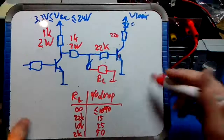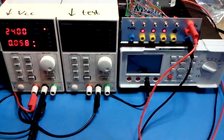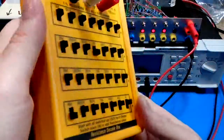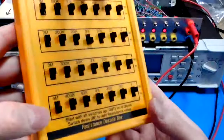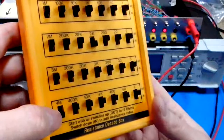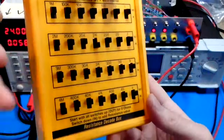Let's keep this table here and let's test that a bit. Let's test it using this box. It's not a resistor decade box, but it's something like that. So there's a lot of switches. Unfortunately they're all black on a black background, but the only switch in the downwards position is a 4 meg switch. So what you can do is enable individual resistors,